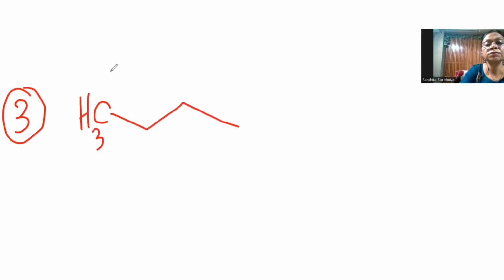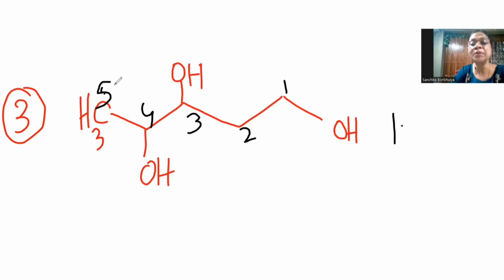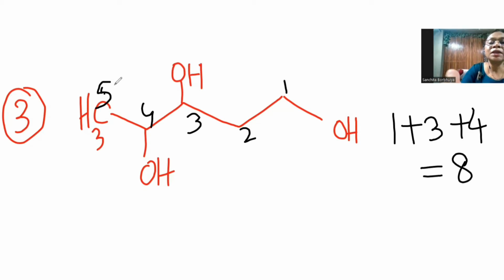Going to my third task. The third task which I had given was a CH3. So I hope this was a little tricky. Let's go ahead with the lowest addition rule and see which way the numbering would be correct. 1, 2, 3, 4, 5. So I have the substituents, the OH at the 1 carbon, the 3rd carbon, and the 4th carbon. Sum 8, and let me number it in reverse. 1, 2, 3,